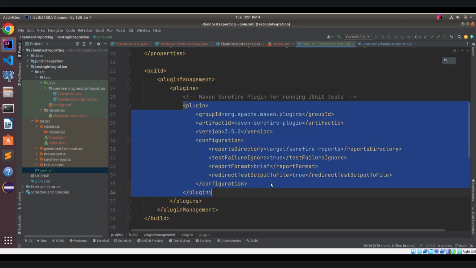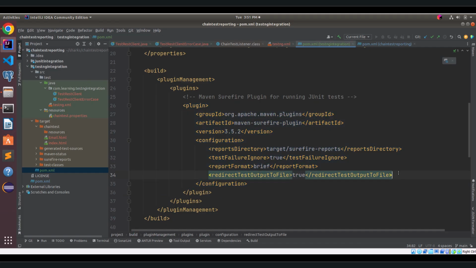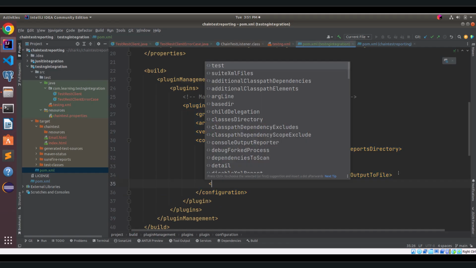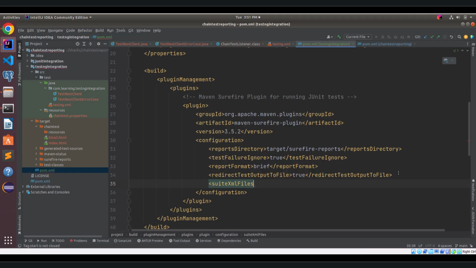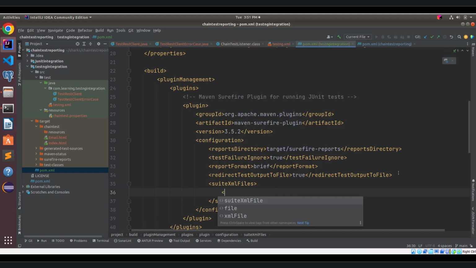Along with this configuration, I need to also specify the location of the TestNG XML. For that, I need to use the tag called suiteXmlFiles. Then inside that suiteXmlFile, the location of the TestNG XML. In our case, it is inside src/test/java